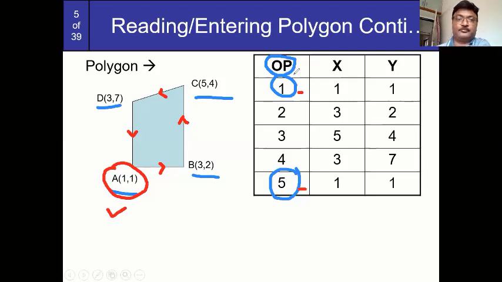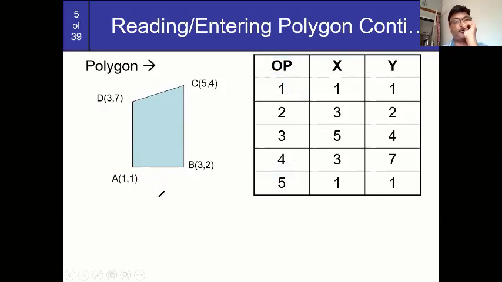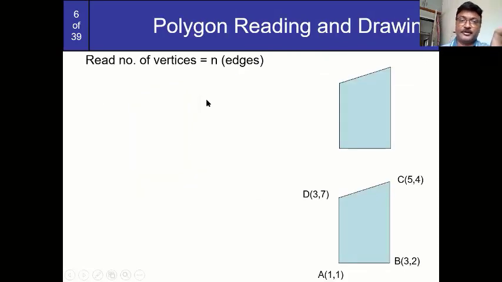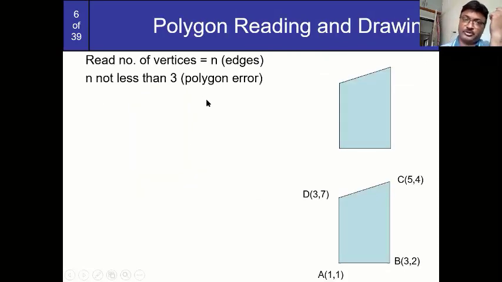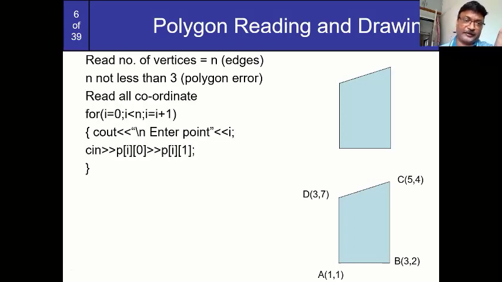Correct. Now once you store this polygon, in a similar way, by using a line function, you can draw the polygon. This program we have already considered, that you have executed again. So how can we read the polygon, and then how can we store the number of vertices and each coordinate by using a 2-dimensional array?